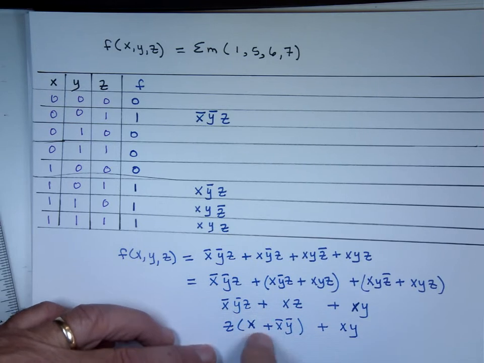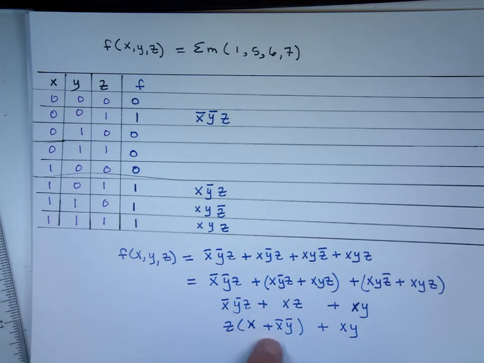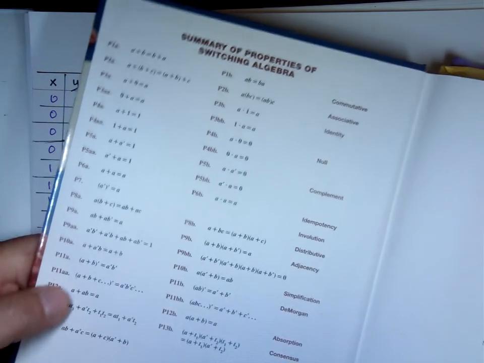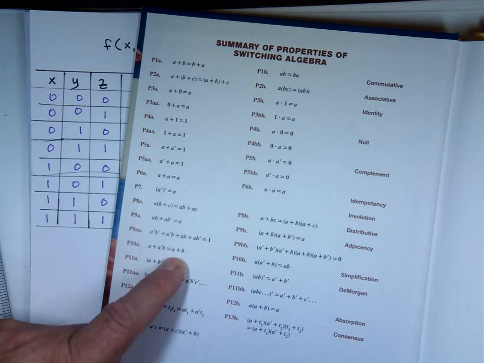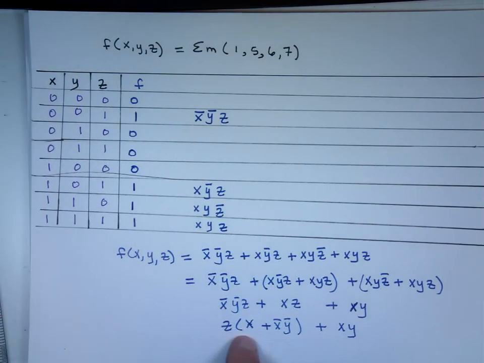And we have one of these rules that says x plus x bar y can be written as x plus y bar. Where is that? One of the rules, right here. A plus a bar b can be written as what? A plus b. Can you see it? So if I use that here, I can write this as x plus y bar